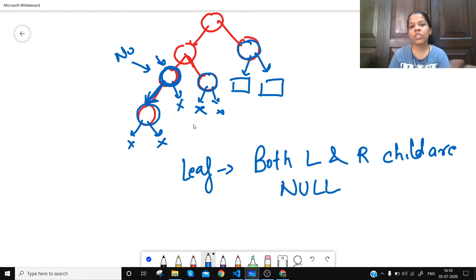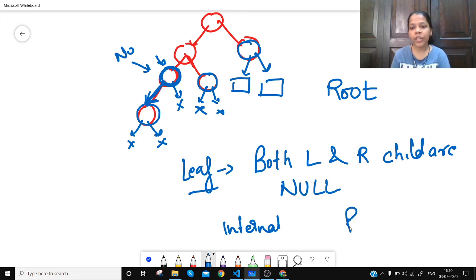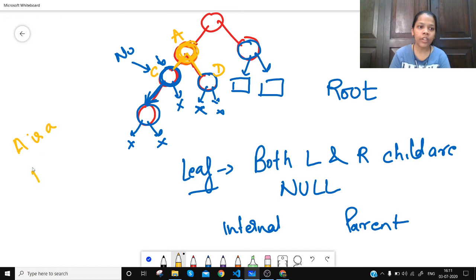So this is the basics of trees, the terminologies that we discussed: root, leaf, and internal nodes. Then we have parent nodes. What are parent nodes? For example, if we take this node, since it has left and right children, it will be a parent. Let's call it A. A is a parent to C and D nodes.